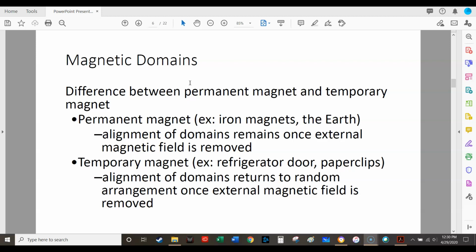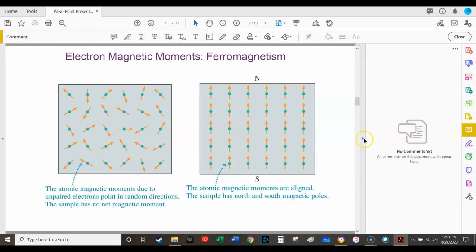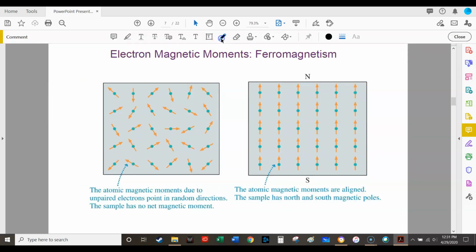So let's take a look at what is happening inside iron, and look at the difference between just iron that is ferromagnetic, meaning it's not magnetic at the moment, and what iron looks like when it is magnetic. Okay? So normally you have iron, and I'm going to mark up the document here. You have iron that is ferromagnetic,